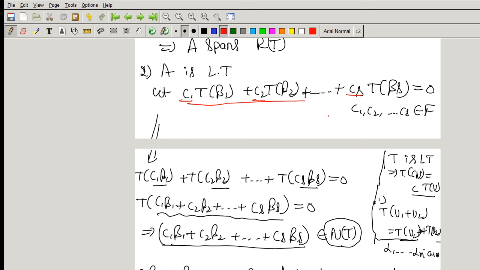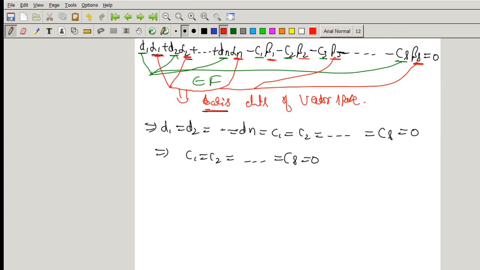We are considering the linear combination, and in this linear combination every scalar is 0, which implies this set is linearly independent. Which implies A is linearly independent, and